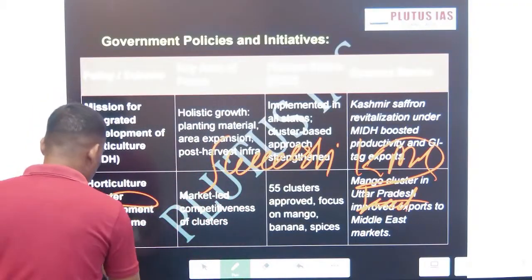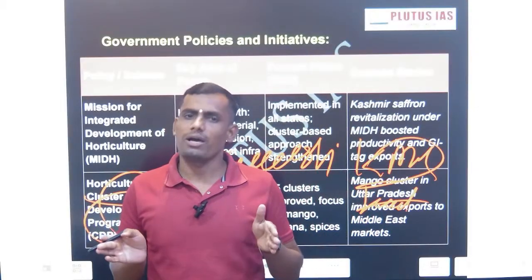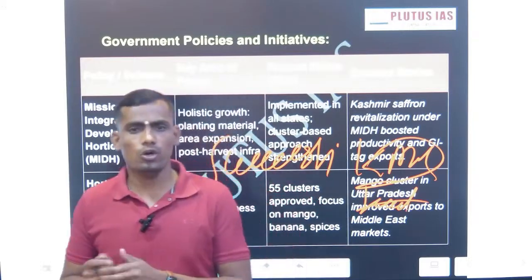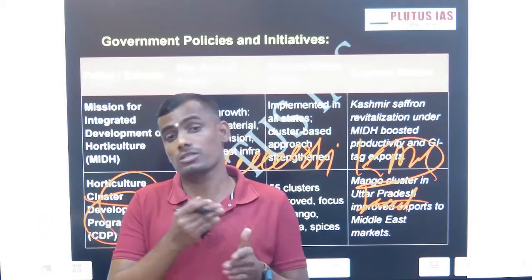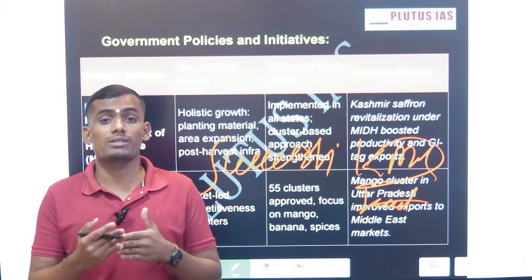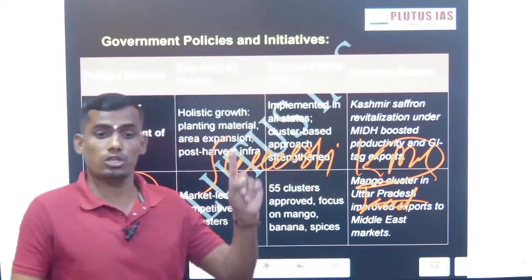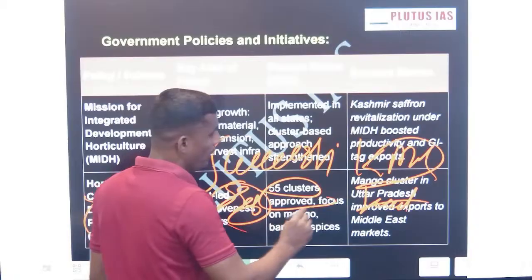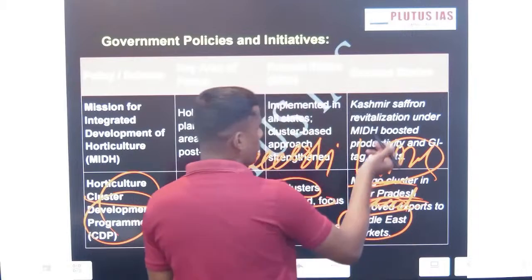Then the cluster development programme. Cluster development means we have small and marginal farmers, and individual farmers can't afford horticulture cultivation, so integrated cluster cooperative farming. This is a mandate in the Constitution itself. This is the 97th Constitutional Amendment Act. What these cooperatives provide, the cooperatives as a fundamental right. So clustered farming, you can mention as an example in DPSP also, GS2. What exactly, the basic 25 clusters have been developed till now. An example is the mango cluster in Uttar Pradesh and the Middle East market. Then this is an export success story.